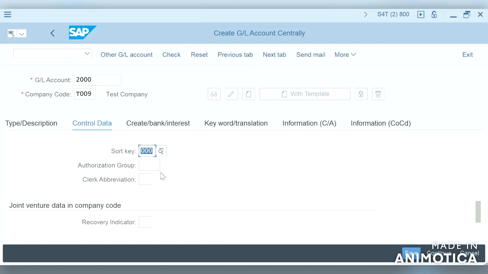Okay. And authorization group. Accounts can be controlled for who can make postings to an account with an authorization group. It is a free field and you can put any value, and the same value needs to be put in the SAP user ID of whoever is authorized to make postings to this account.